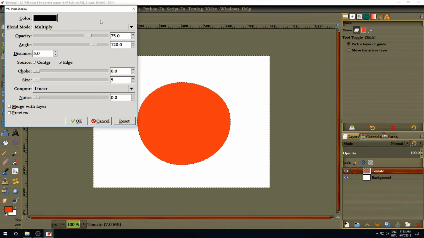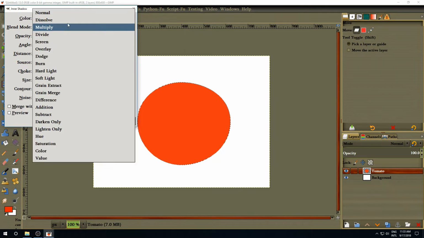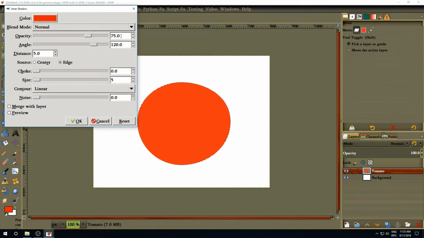Okay, here I'm going to explain like I explained before in the other tutorial. Don't left click on the color picker, otherwise you're going to receive an error and the filter is going to disappear. For this new version, Gimp 2.10, it works by right clicking on a color picker and selecting the foreground, since the foreground is the one that we changed. So select the foreground. Okay, and we're going to change the blend mode to normal,